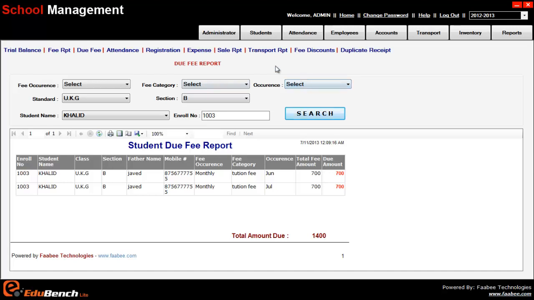So there are two more functions left in the reports. One is the trial balance and one more is the duplicate receipt. So duplicate receipts, it so happens that sometimes a parent needs one duplicate receipt of the fee in order to show the expenses in the income tax of the office, or show the bills to the office, or whatever is their requirement. So it so happens that sometimes